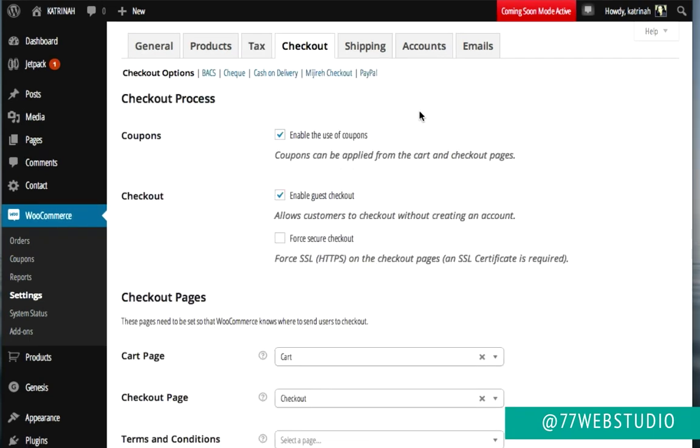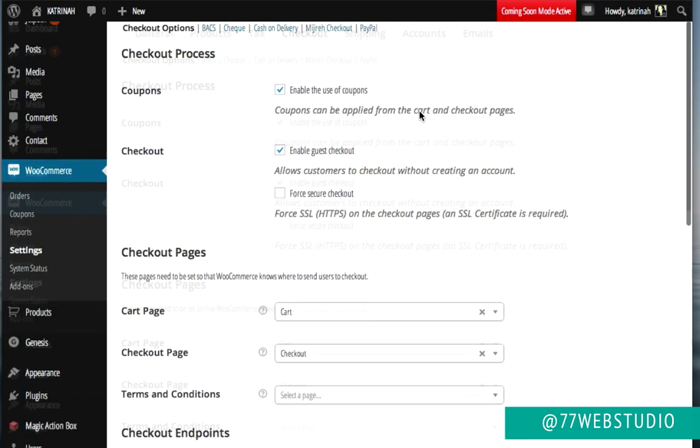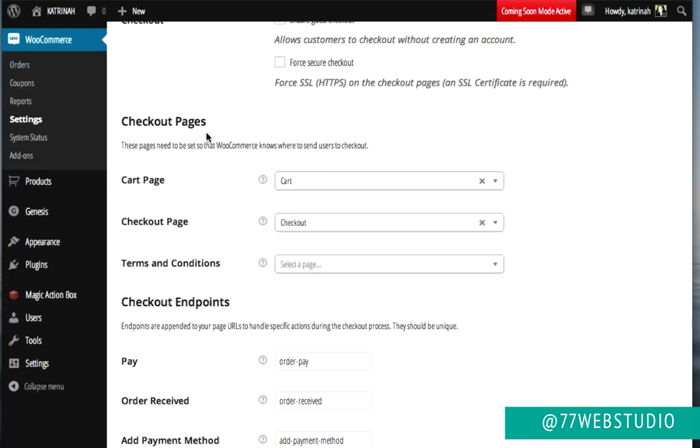So, okay, going back to the WooCommerce settings page right here, I'm going to click on the checkout page. Here on Checkout Options, you can tell WooCommerce where to send your users to check out. So here we see, when I scroll down, we'll see the checkout pages. If you've been following along in this video, most likely you already created those WooCommerce pages, and if you did, then like we see right here, you should see Cart as the cart page, Checkout as the checkout page, and if you want to add terms and conditions to your website, you can create a page with terms and conditions, and then you can set that by selecting that page right here. I haven't created any terms and conditions yet in this video, and I don't plan on doing so. However, if you have a page called Terms and Conditions, this is where you would set that right here.